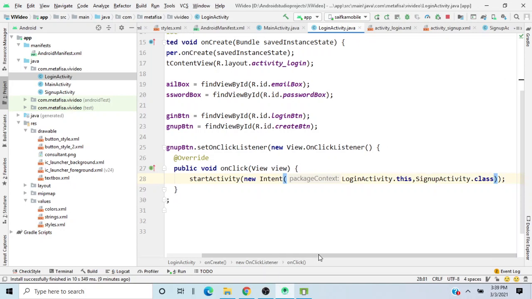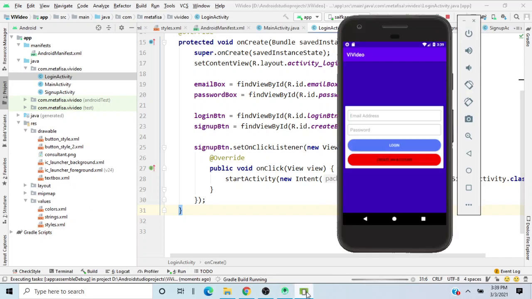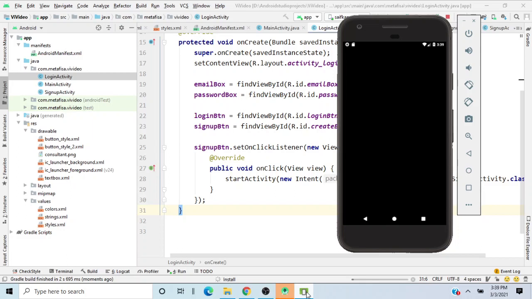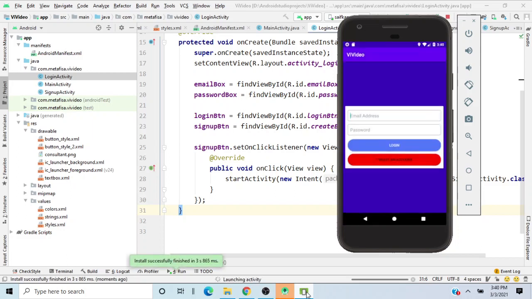Yep, that looks fine to me. Now let's press play. Let's see how it looks. Installation successful. After 2 seconds we'll be moved to this one, and now if I press the create account,